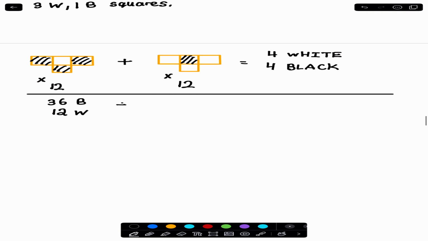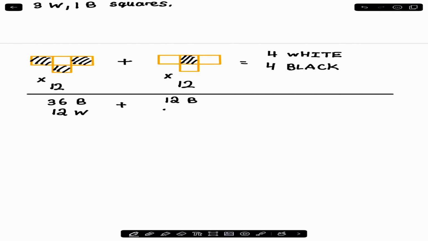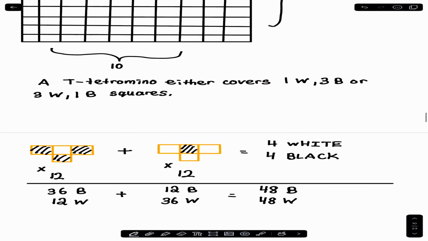I don't know why I do that. Anyways, if we had 12 tetraminos like this, that would leave 12 black and 36 white. So far we have used up 48 black squares and 48 white squares, but, and there's a reason why I